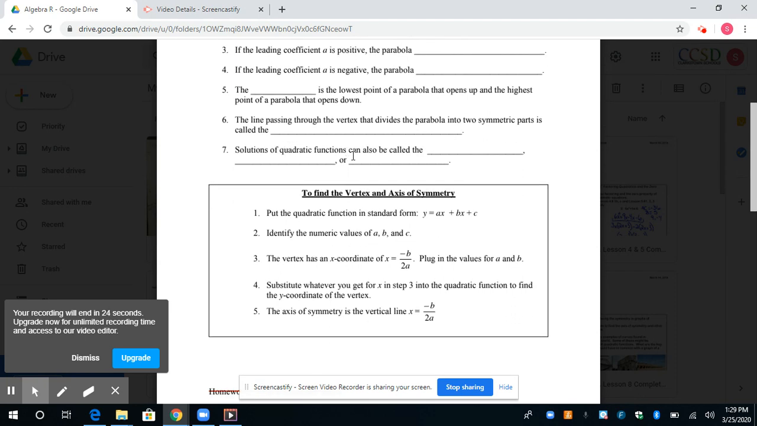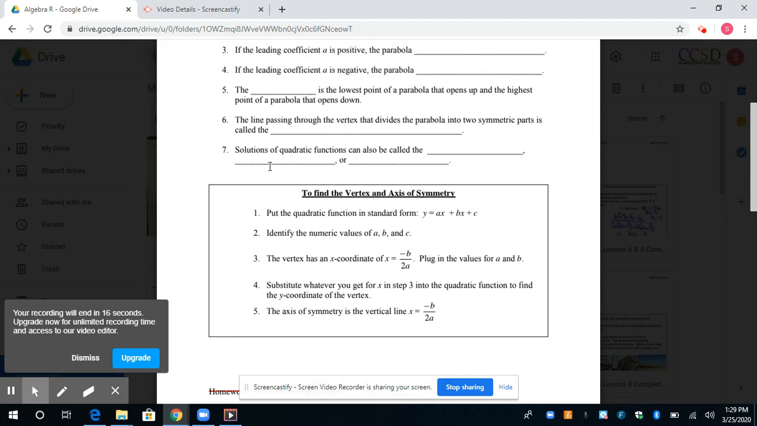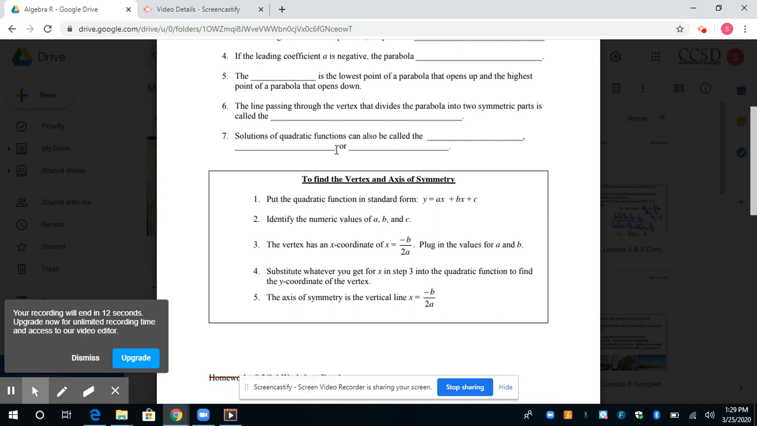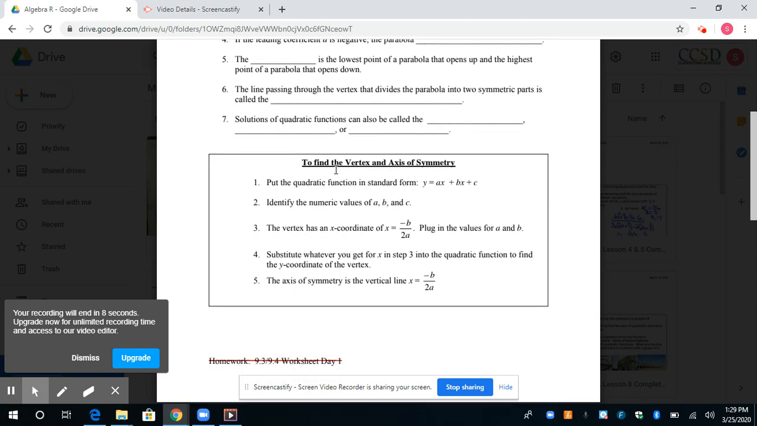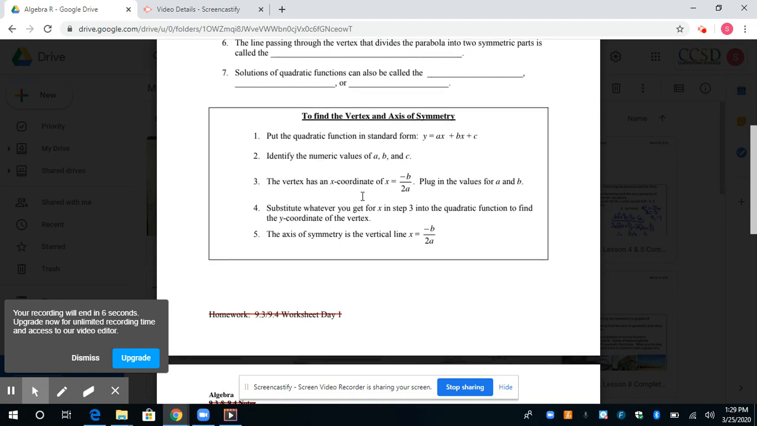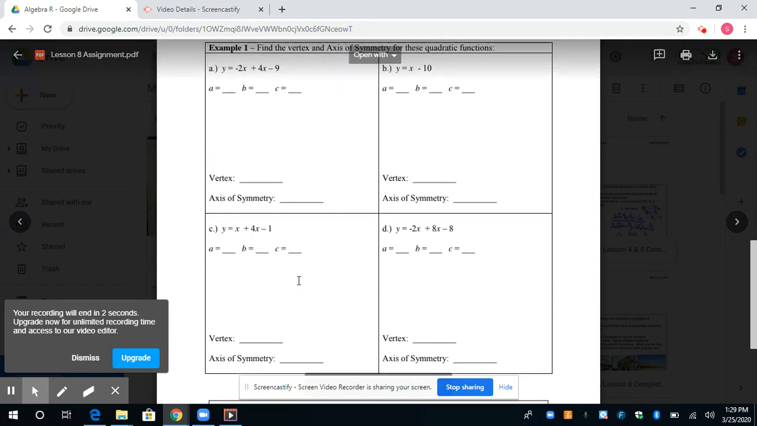The solutions of quadratic functions can also be called, I'm going to help you with this one, the roots. The x-intercepts, and we'll go over this one for number 7. You don't have to worry about it. We haven't really talked about it, but one of the answers is called roots. It's where it crosses the x-axis. So they actually give you notes on how to solve the homework, and your assignment is